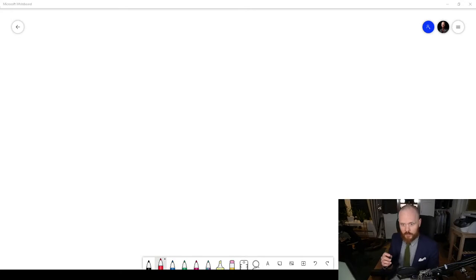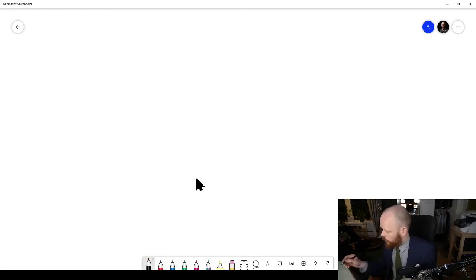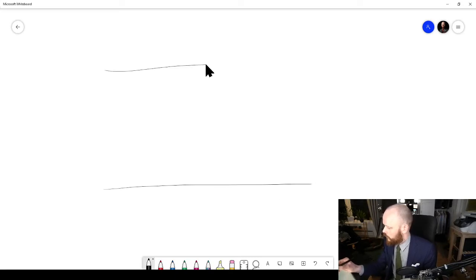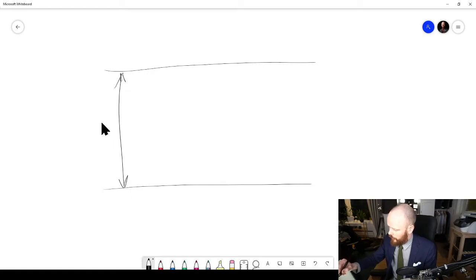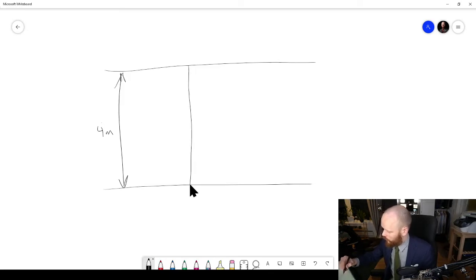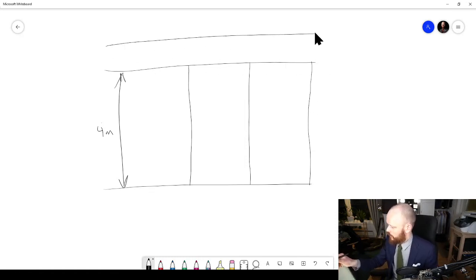If we look at this one from the side, it could be something like this. We have the floor and we have the ceiling. And then maybe this is quite high. Let's say it's 4 meters in ceiling height. And usually when you build a room, you preferably want the walls to go all the way up to the ceiling, where here's the next story comes above. And if they attach here and you have persons in here